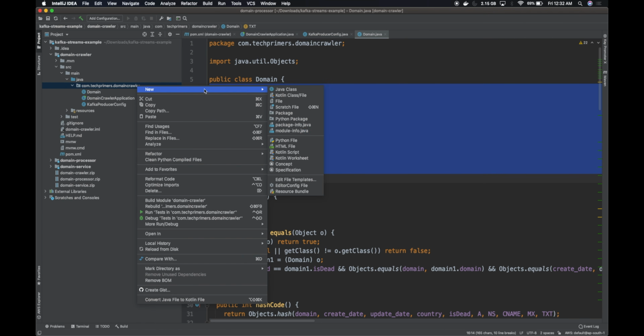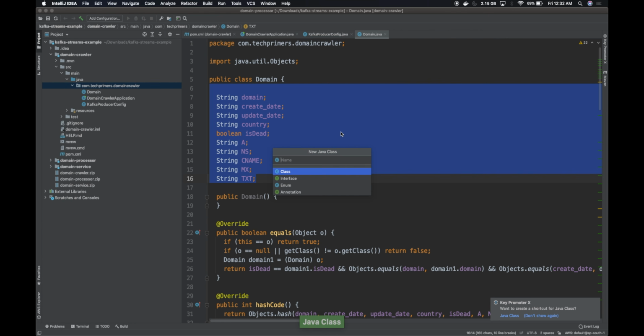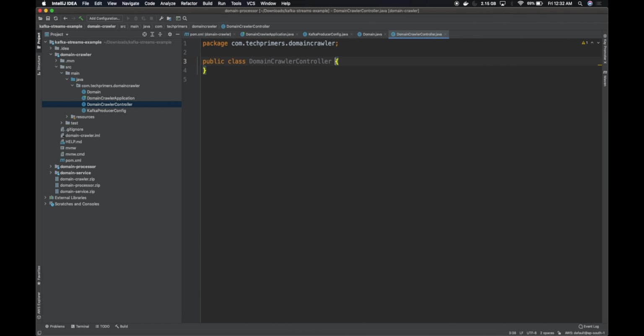The next thing is creation of a trigger point. Now, how do I trigger this particular pull, right? I can have a scheduler which can pull them automatically, or I can expose an endpoint. So I'm going to create something called a domain crawler controller. I'll just expose an API endpoint for us to give a particular text so that we can pull